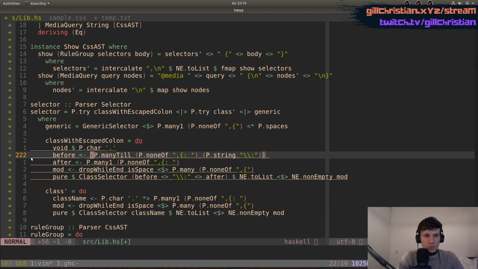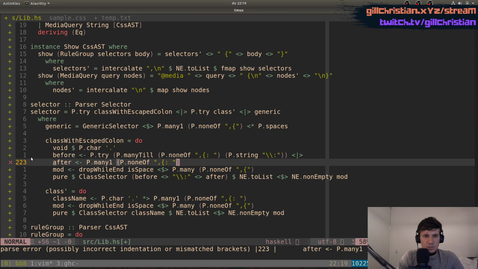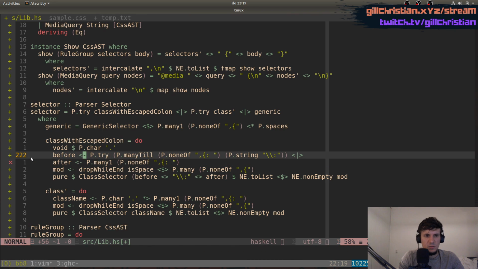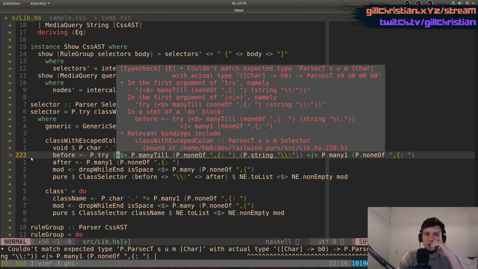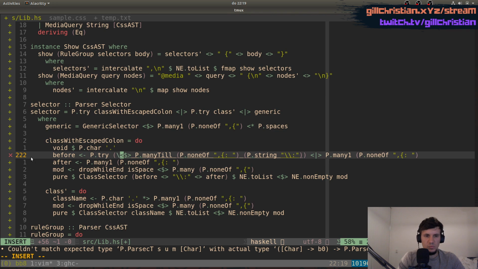And if it doesn't work, then we do the normal thing where we parse. But then we don't know if this one succeeded. But we could fmap this one to, this is a list, so we do characters, and we do characters plus